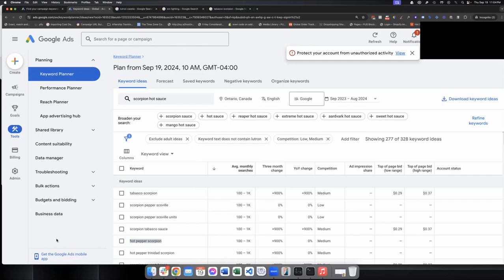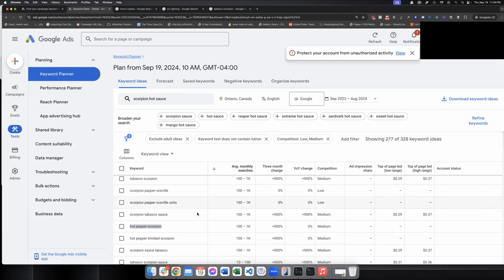What I would do here is create a blog post about having my hot sauce created with a hot pepper scorpion, a scorpion pepper. I think that's the best approach here. But again, we really don't know the intent of the user, because there's a big chance that they are just looking for a scorpion pepper to buy. But what you could do is have a blog post that talks about the types of peppers used in sauces, or maybe a post saying, "Hey,